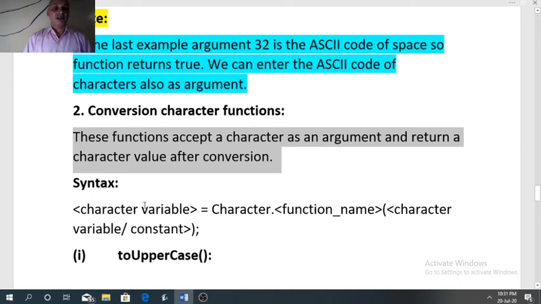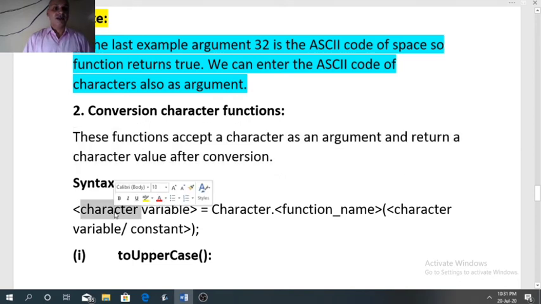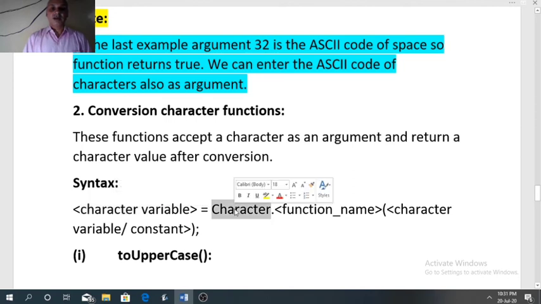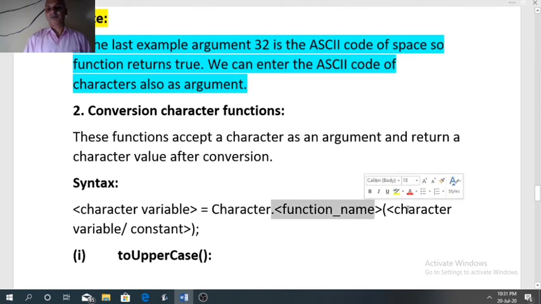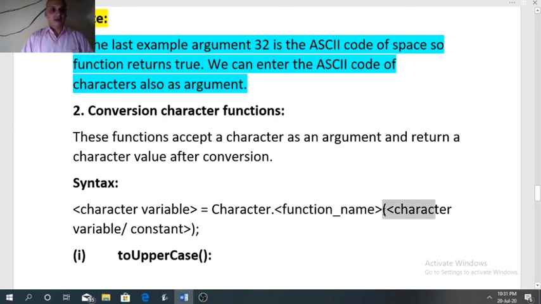Since the function returns a character value, so we need a character variable to store the result. Again, same wrapper class, we need character, then after dot, name of the function. Now in the argument, character variable or constant can be entered.